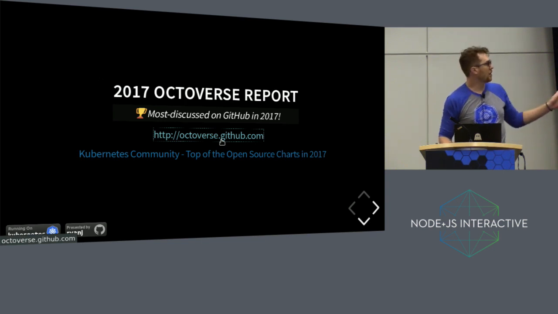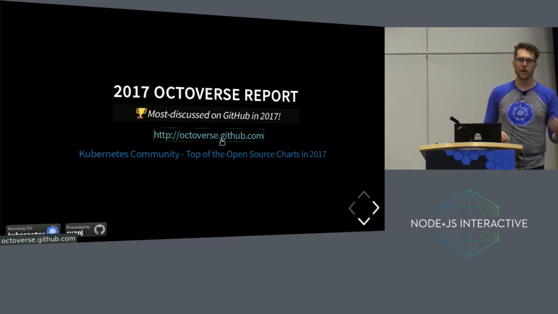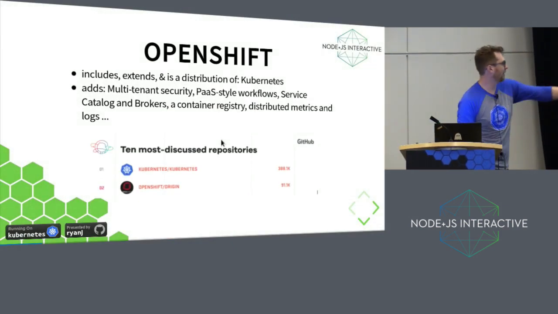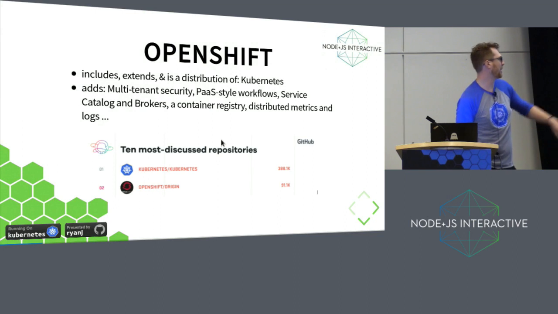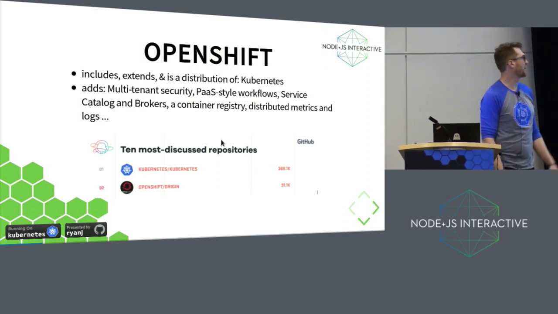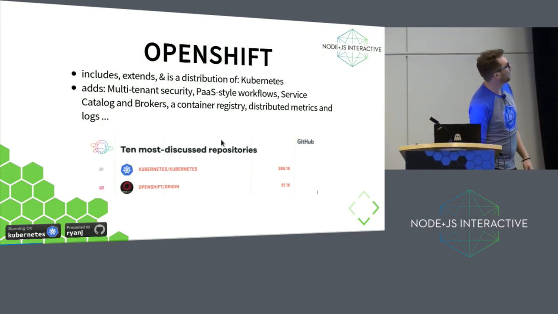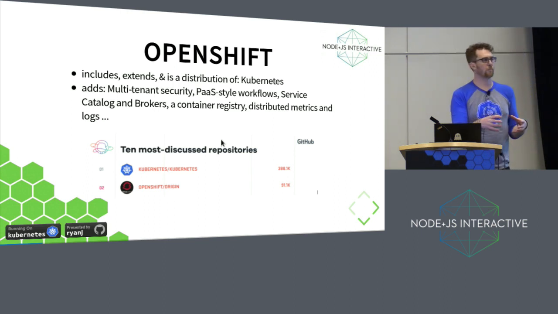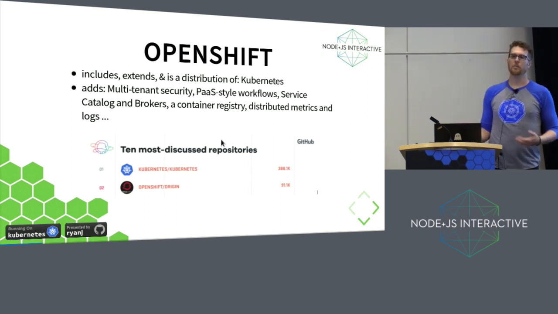In the same report, another interesting fact: the number two most talked about repo on all of GitHub this year was coincidentally also a Kubernetes effort, number one and number two. So here's a little cut of the top 10 most discussed repos from that article. But OpenShift includes Kubernetes as part of generally how Red Hat approaches